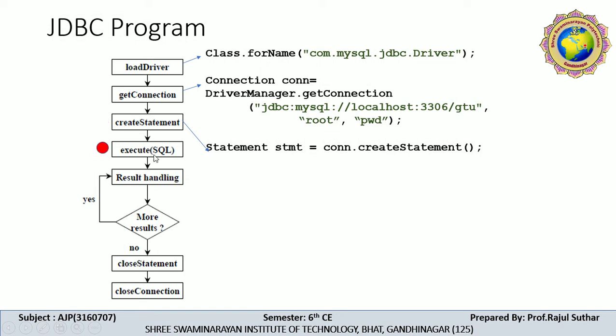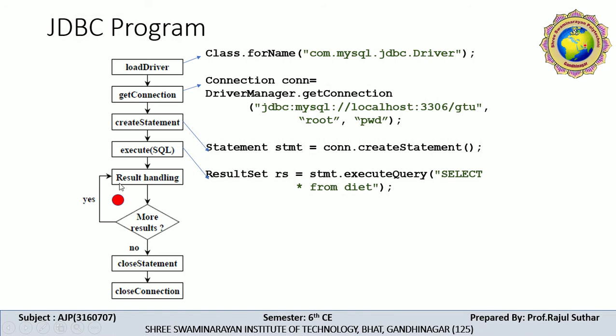Then, while we are executing the program, we perform the execution by using an SQL query, Structured Query Language. ResultSet rs is equal to stmt.executeQuery. Here we require the executeQuery statement. Which type of query is required? We are retrieving table information, so the select query is used: select star from table name. Here diet is nothing but one table.